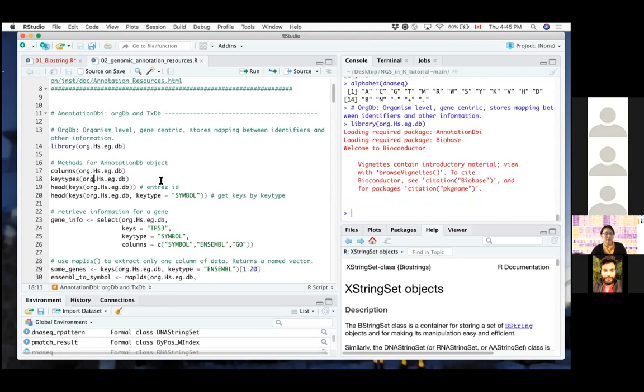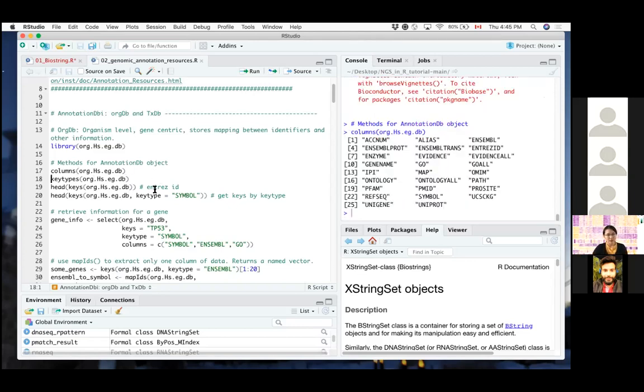Now, when we talk about a database, you could think of it as a giant table or multiple giant tables where the columns are linked in certain ways. In this case, you could think of it as essentially one table. By using the function columns, you can see the columns of this table. These are the information that are stored in this database. Some of them are pretty intuitive, like Ensembl ID, Entrez ID, GO terms, gene symbol, and some other gene ID systems